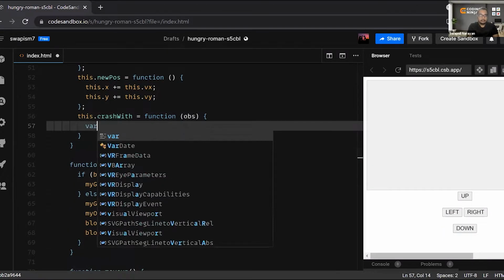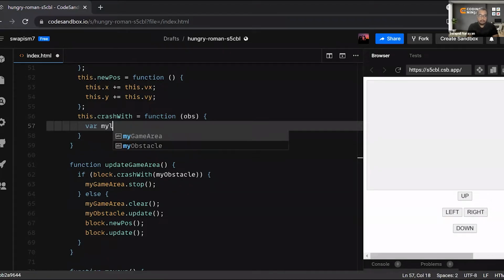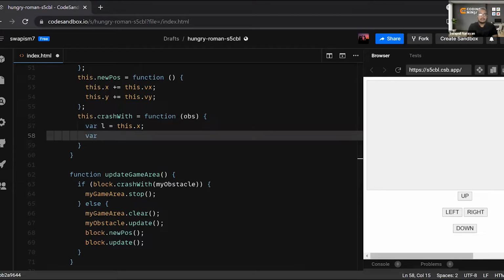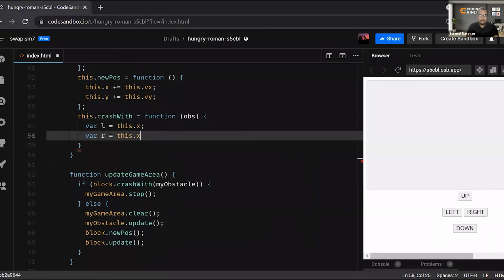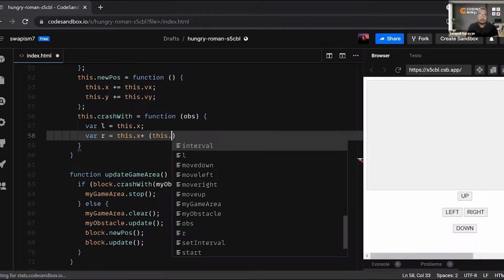Fine. So let my left, where L is left, be this dot x. Where R is equal to this dot x plus, you were saying width, but it won't be width, it will be this dot width.